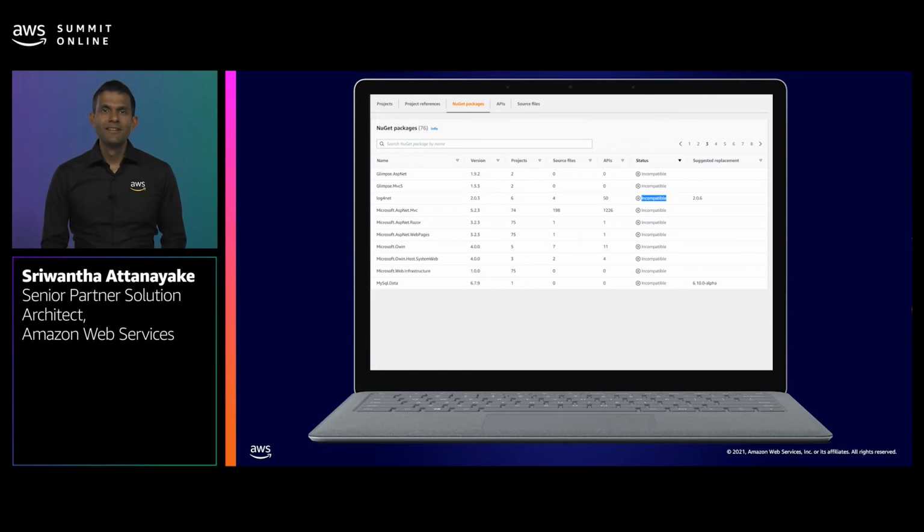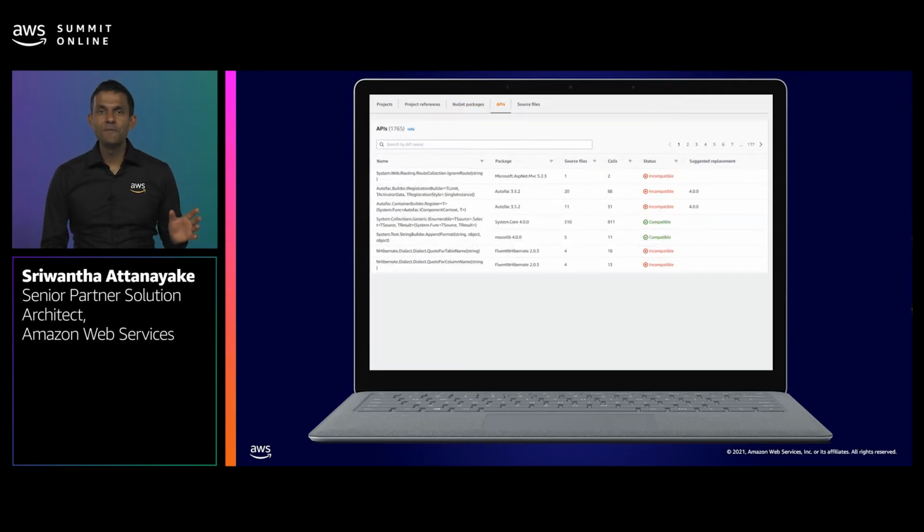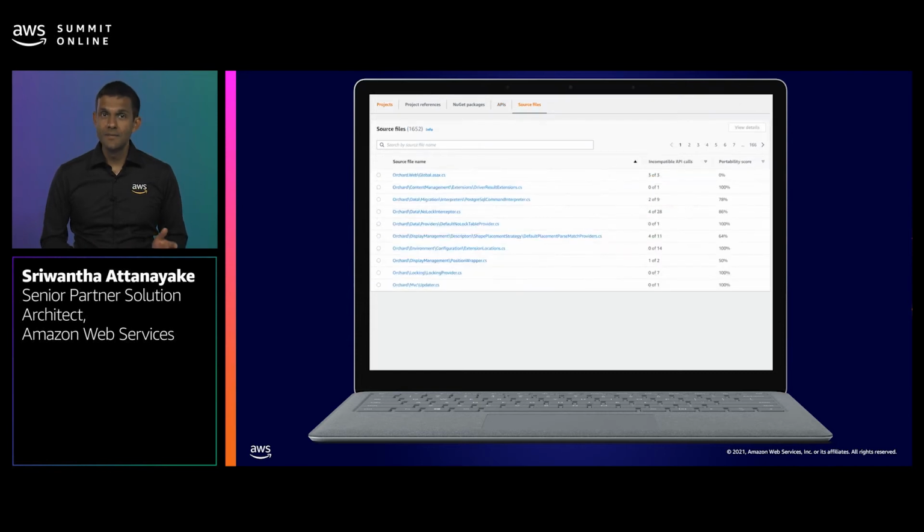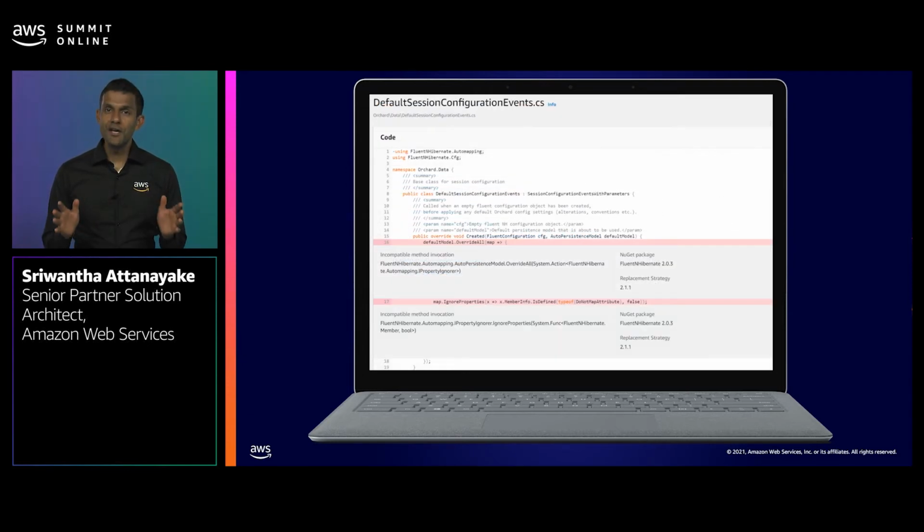You can even drill down into API level and isolate which exact function is not compatible. The number of source files and calls gives you an idea how much dependency your program has on different methods. Similarly, you can go into source file levels and identify incompatibilities. If you wish, you can go into code view and explore where exactly the incompatible code is being used and some suggestions to fix the issue.